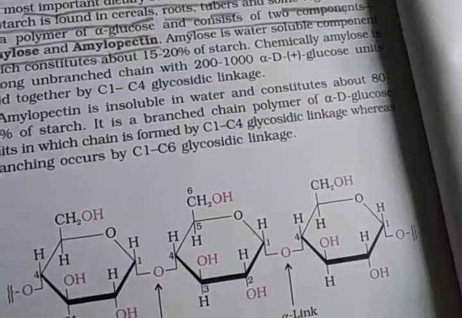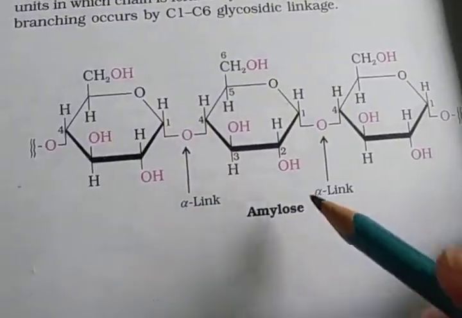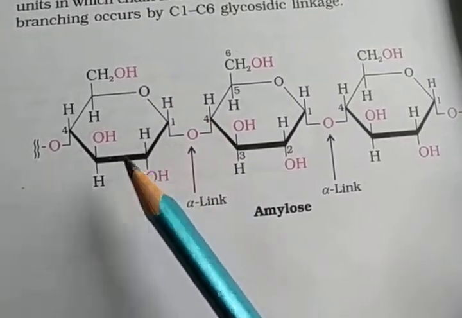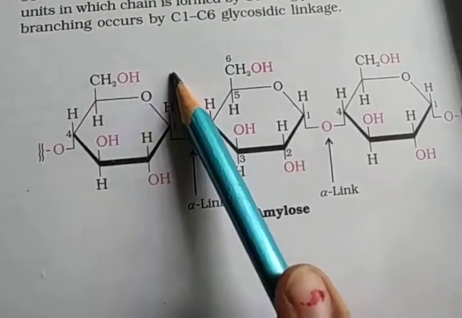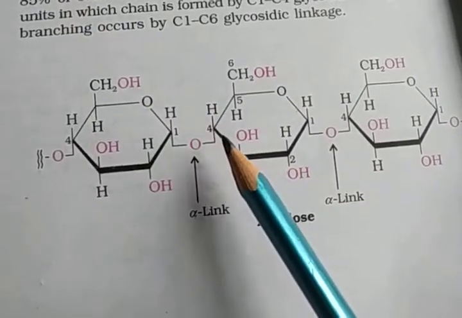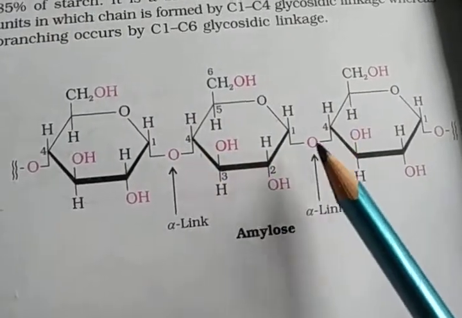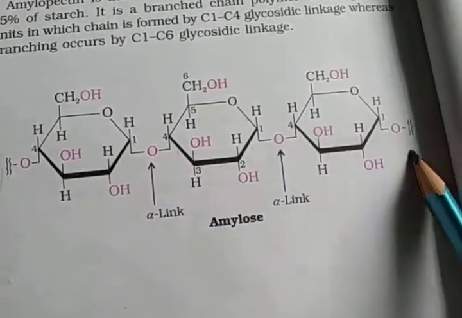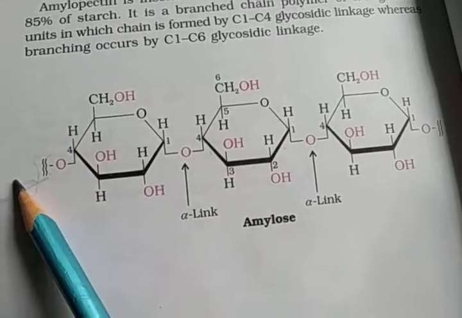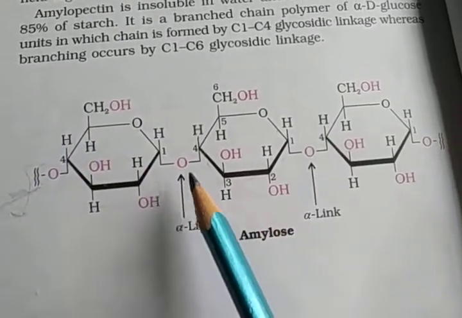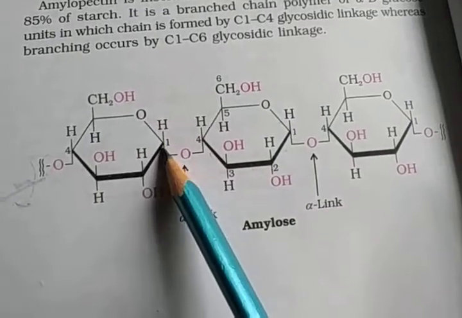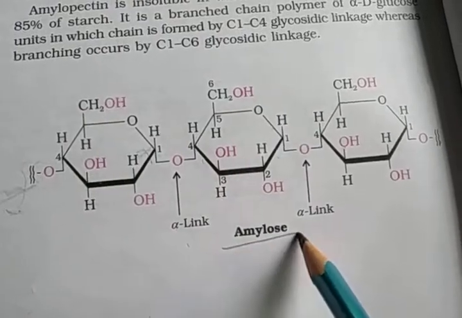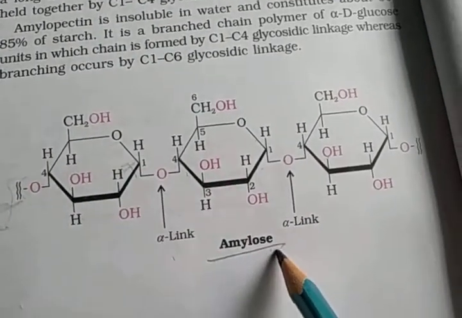Okay, so here you see, first see amylose. Here you see this is the glucose unit, OH, OH, H, OH, OH, H, H, O, CH2OH. Okay, carbon number first is attached to carbon number fourth of the other ring, and again first and fourth, first and fourth, and then here you draw it this way. That means an open structure, this open and this open, and only for the first number the oxygen is attached to this carbon, this is the alpha position, alpha link. Okay, so it is amylose.